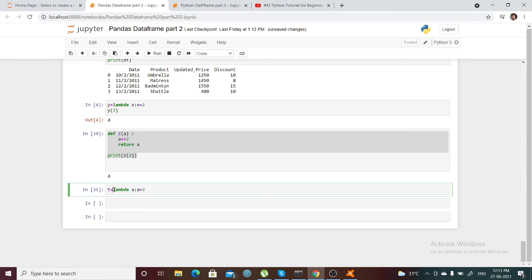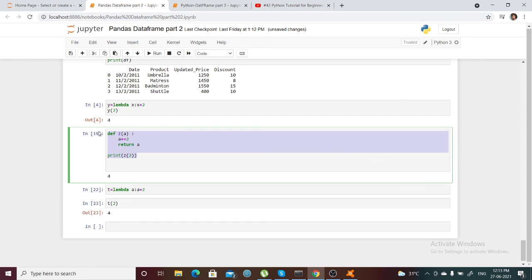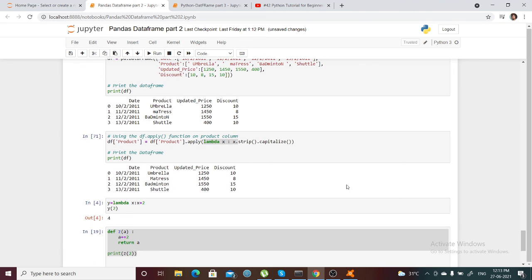So it is an anonymous function, right? It has no name, but I'm just assigning one name so that I can pass the argument. So the lambda function is created, and I can take this function and pass any argument a, since it is taking one argument, right? So I can pass 12, and it will create the same thing. You have to write this many lines to perform 2 plus 2, but with a lambda function it is created in a single sentence. So it is the same thing that I'm doing here.